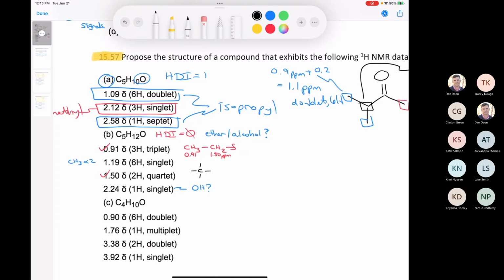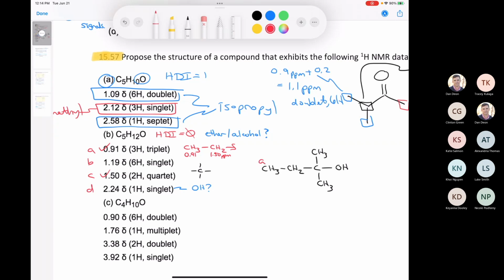Well, if we think about it, we have our ethyl group, like this. Then if we took our quaternary carbon and attached 1, 2, 3, 4 things to it, one of them could be the hydroxyl, and the other two could be the two methyls, like this. So then, if we write down our letters, A, B, C, and D,